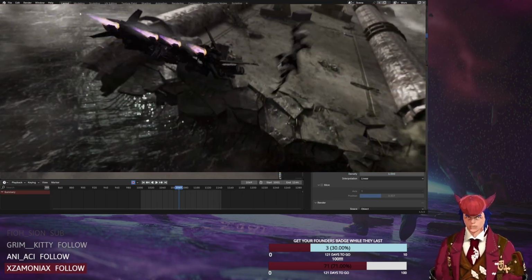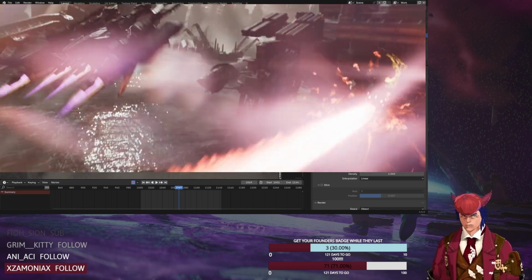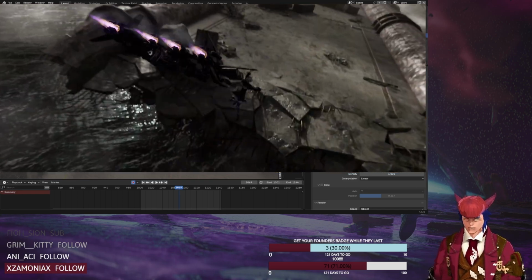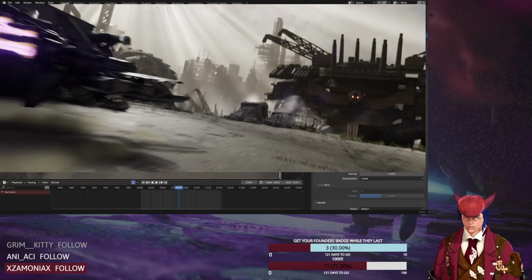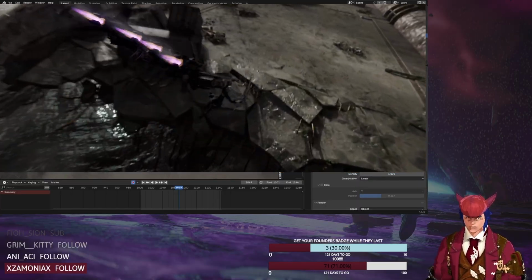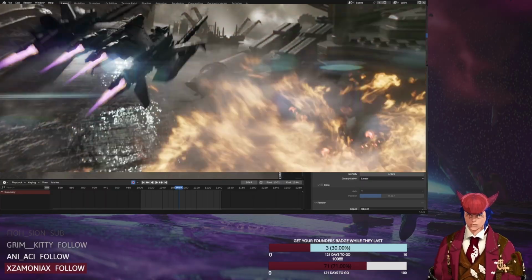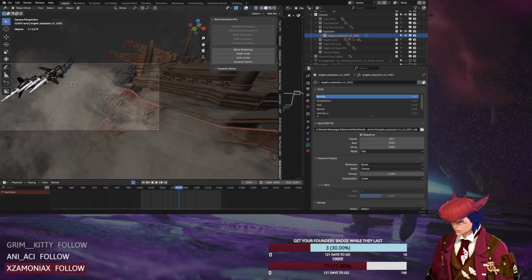That explosion is what we're talking about. And you see how nice the fire looks and the smoke and all of that air movement. And yes, I also did that in